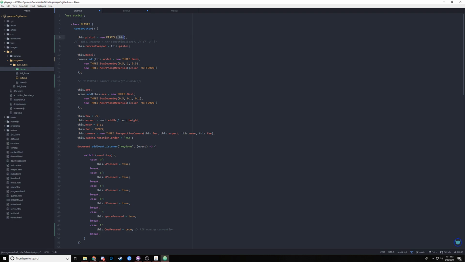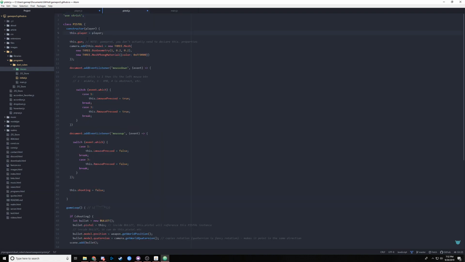Yes, because it's in the player class. It's referring to the current class it's in. Yeah. So this will take this class to pistol.js and input it